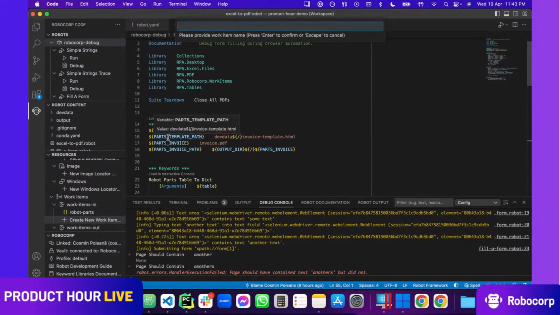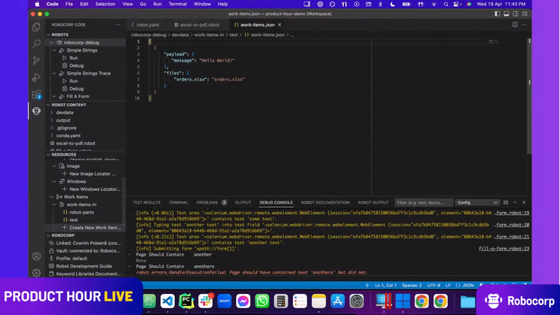You can give it a name. I'm just making one out of the blue for testing purposes. And immediately as I hit enter, I'm seeing this work items JSON file, which gets discoverable by its name. I just entered it, called test. And I see a payload and files. Payload is like a key value kind of structure. We've got key on the left and the value on the right side, exactly as, for example, environment variables or anything else where you can retrieve the value by a key.